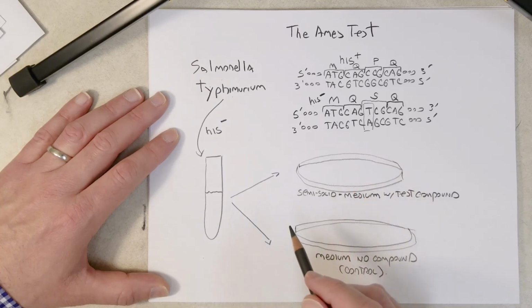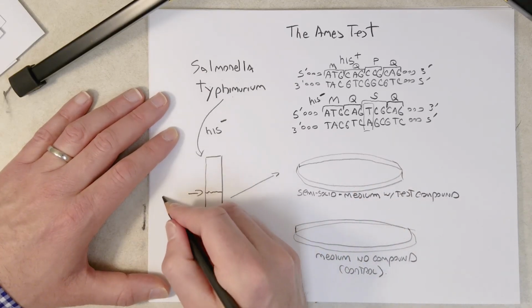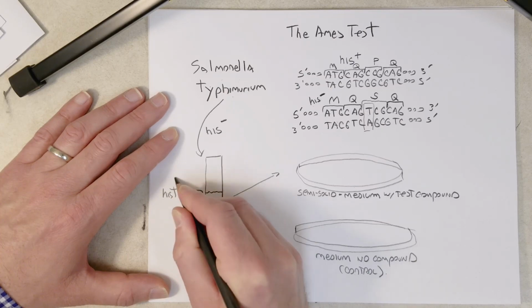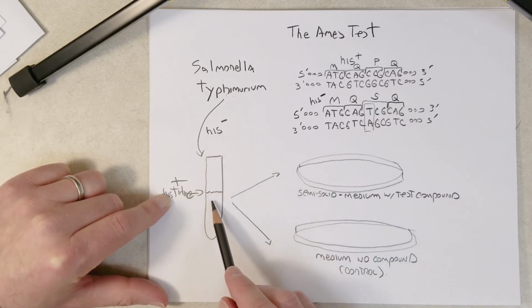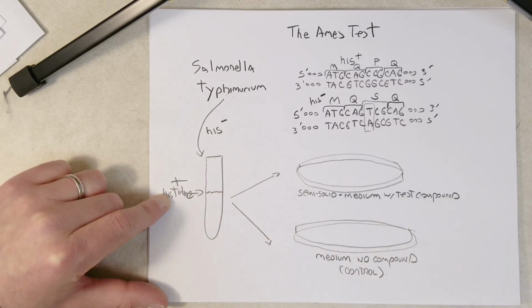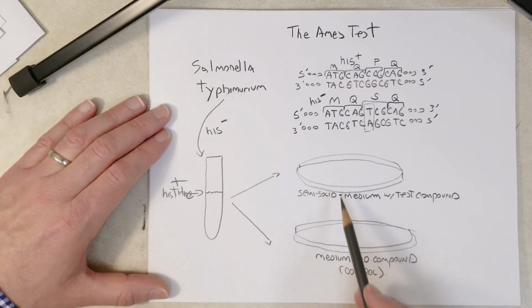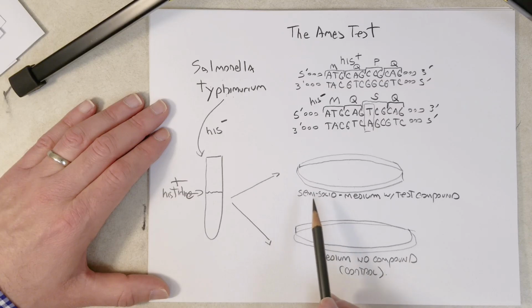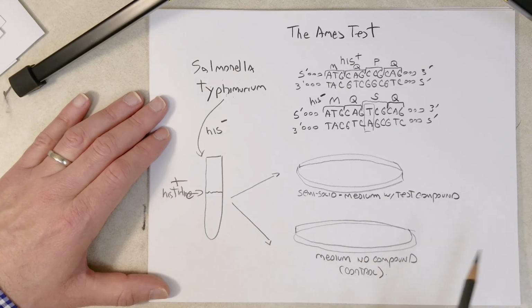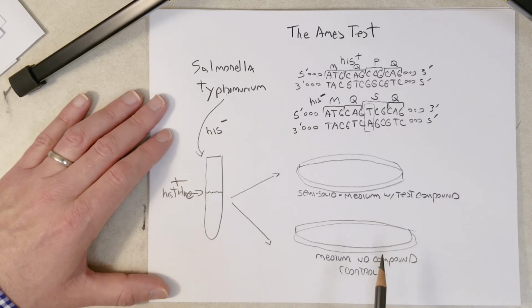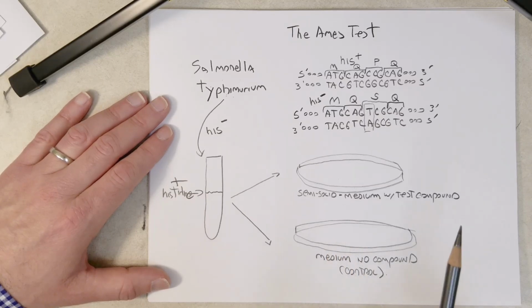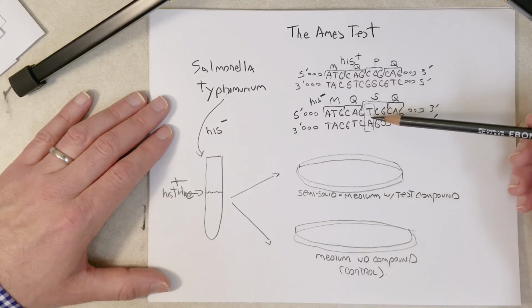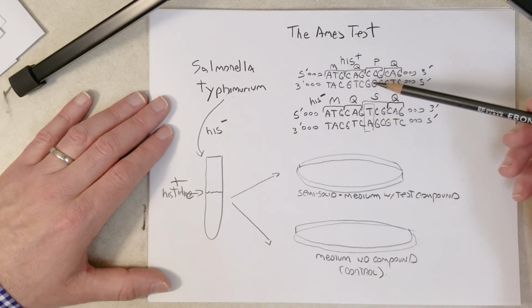Now, both of these plates have just a little bit of histidine. Say this had histidine, right? The medium had histidine in there because this bacterium right here with a mutation in this histidine gene can't grow unless we add histidine. But these media over here don't have much histidine. They have just a little bit. So when we plate out the cells onto the medium, they can grow maybe 1, 2, 3 cell division cycles. Let's say they divide 3 times. But they'll stop after that unless they undergo a mutation that reverts this T to a C,